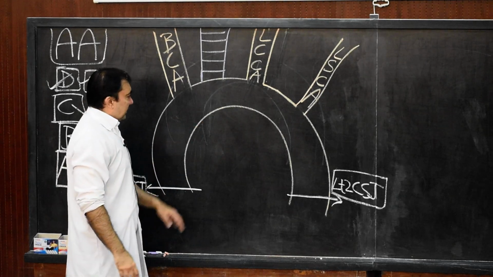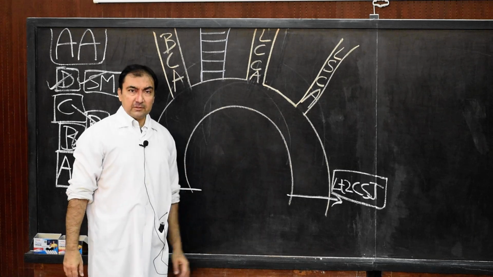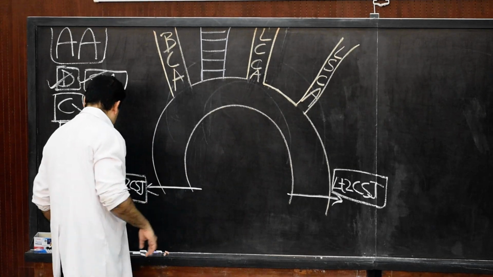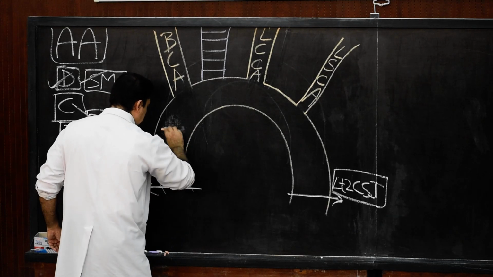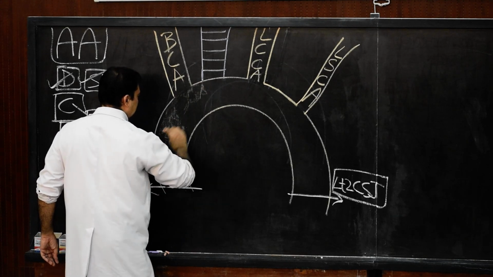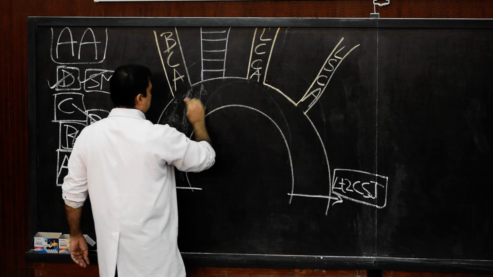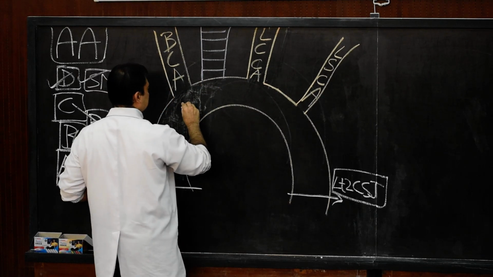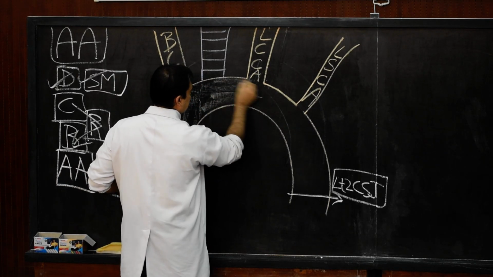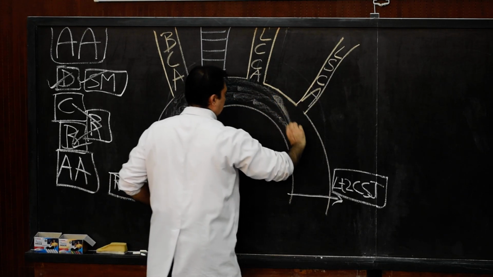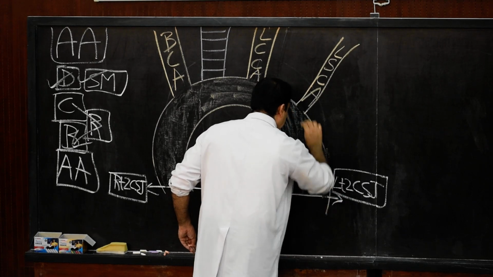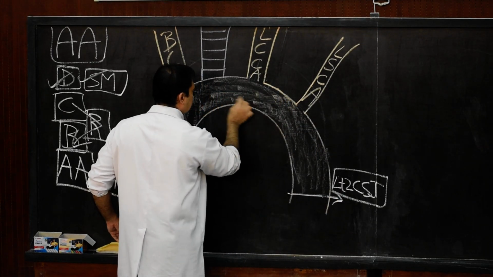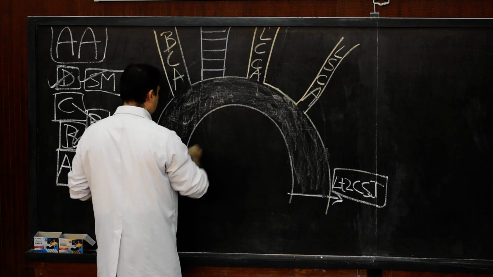So number 1, the anterior relation of this arch of aorta. First of all, let us put some color in the arch of aorta so that it will be better. So here I am just putting some color in the arch of aorta, and then we start with the anterior relation. Now our anterior relation will start with the 4 nerves as I have told you, and those 4 nerves will be,